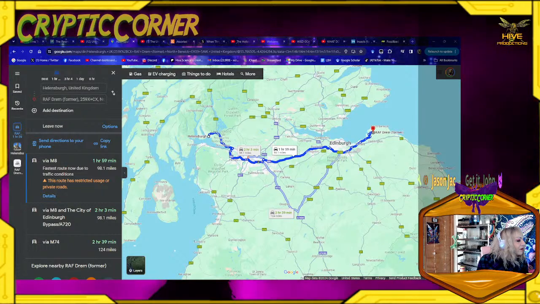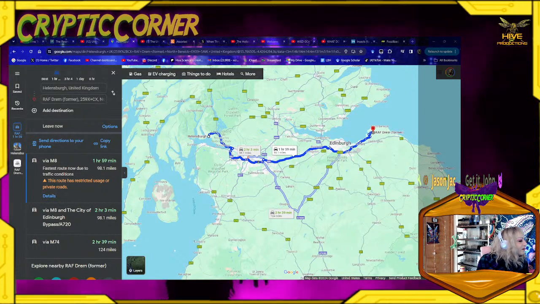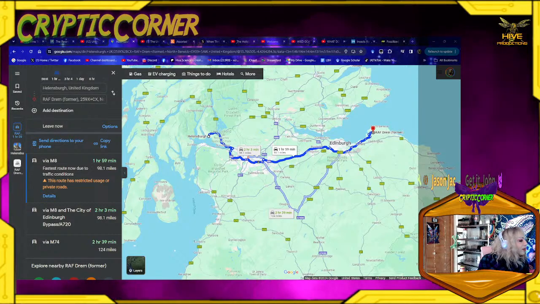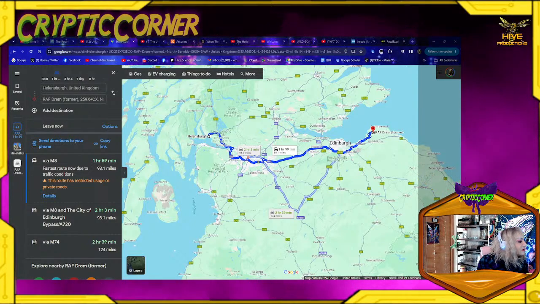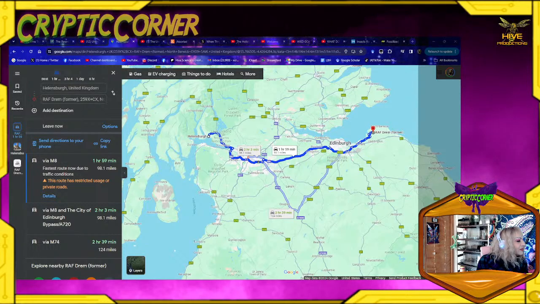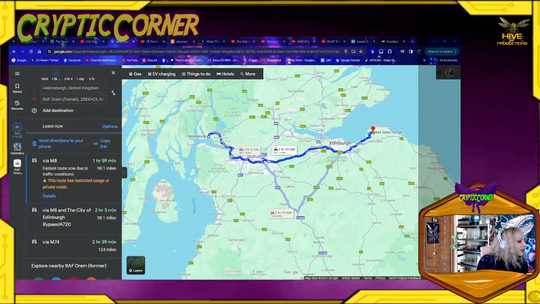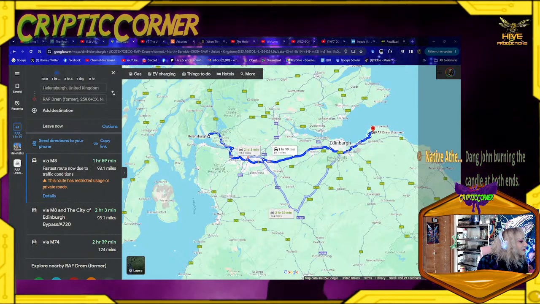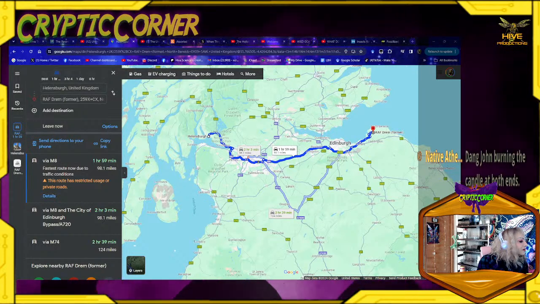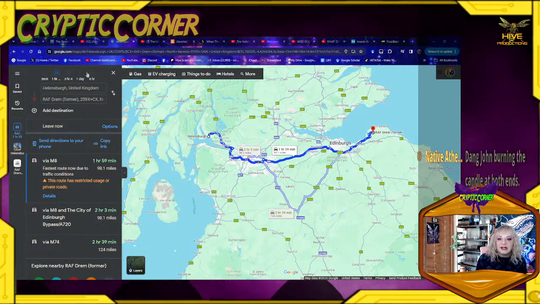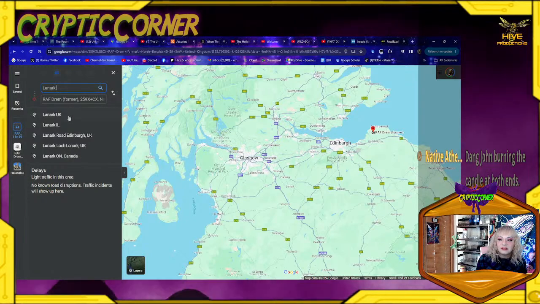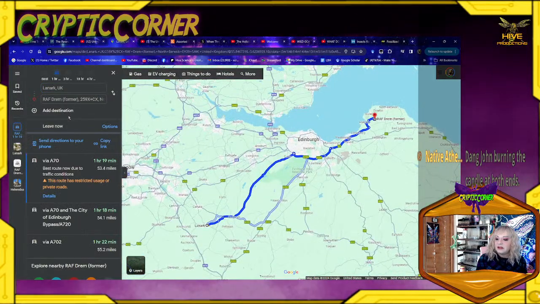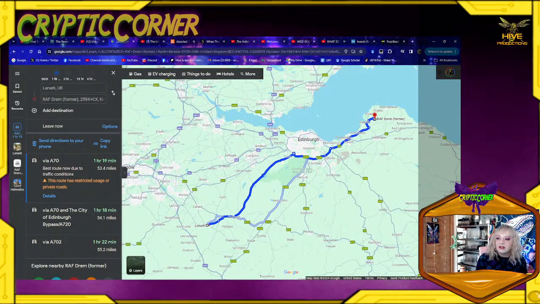they achieved the first powered flight in Scotland. Harold and Frank Barnwell from Stirling were Britain's answer to the Wright brothers. Okay, they're talking that they flew in Scotland in 1909. They achieved the first powered flight in Scotland. Lanark. Is that going to be on here? No, we're getting closer.